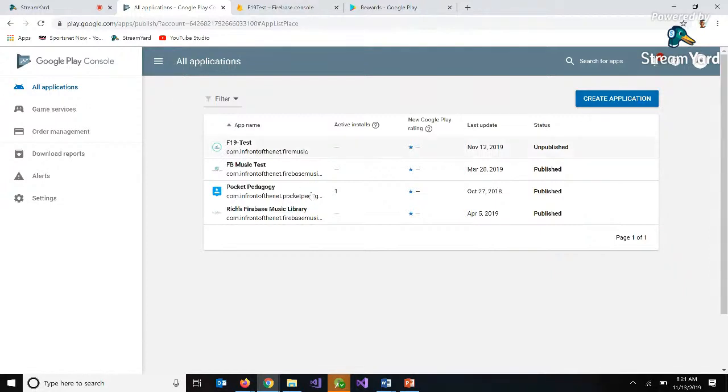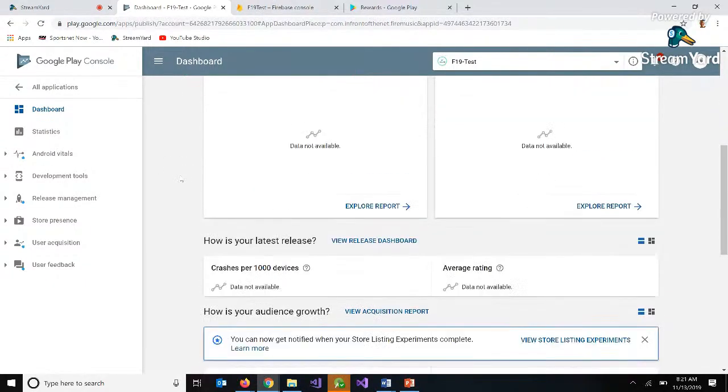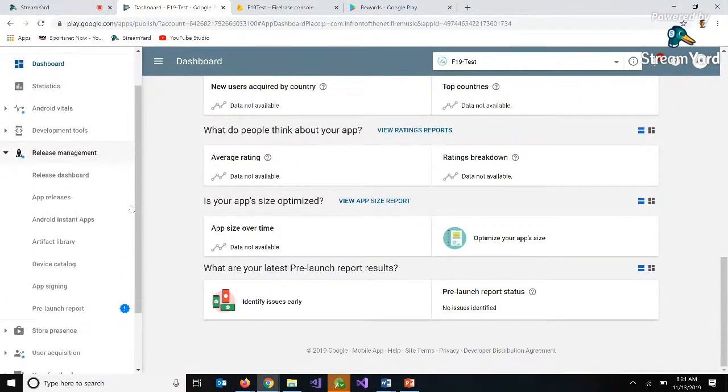Actually, you know what? We can just go in here. This was one I created yesterday. I can show you if I enter it. So I created a logo, and creating logos is one of the things we'll look at. There are a few free online tools where we can do this. I just created this little Fire Music logo yesterday. And there's a whole dashboard here that shows you analytics, crash reports, things like this. But if we go into release management,